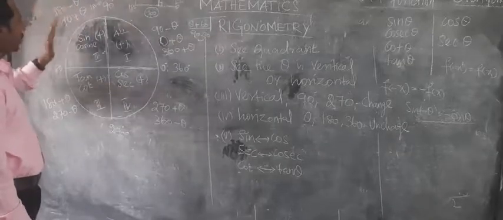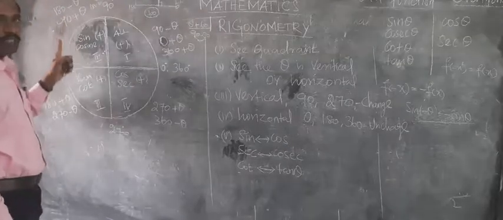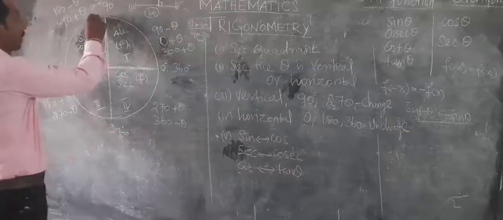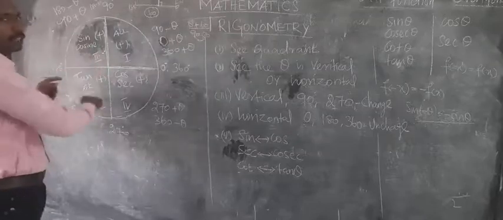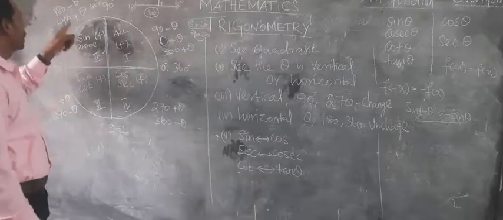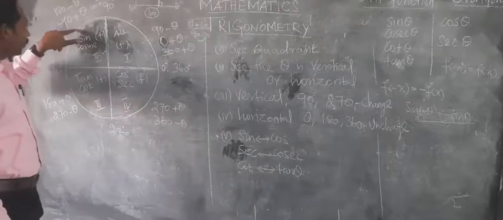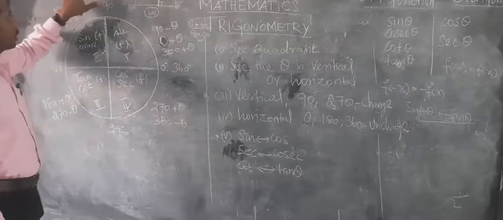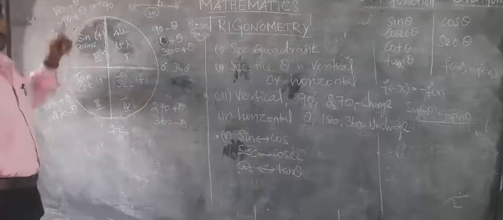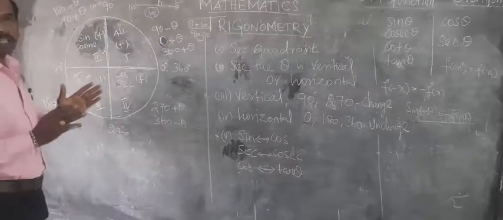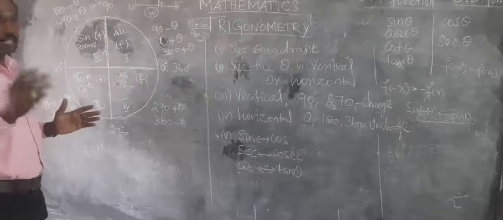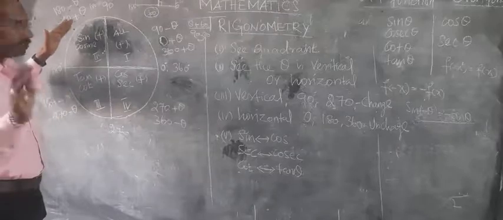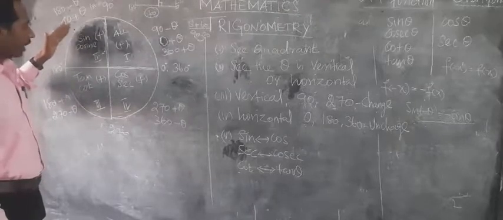Just think with the value which area it appears in. You see, the second quadrant appears, because 90, 100, 110, 130, likewise the values will come. In the same way, 120 can be written as 180 minus 60, or 90 plus 30. Both ways you can write it. Whichever one you need, you can write it. It is not a problem. Both values you can use, you can find the value, and the correct value will come.